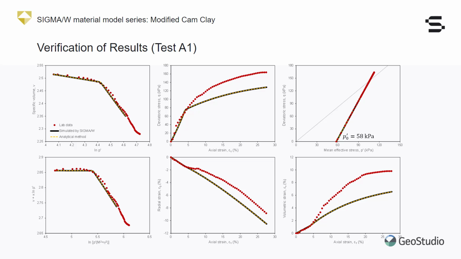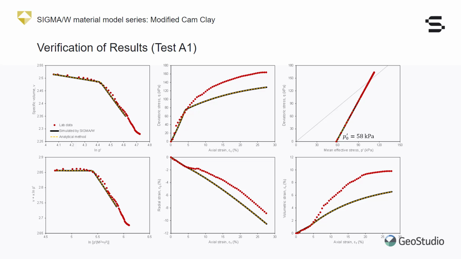Discrete scatter points represent the laboratory results, and the continuous black lines are the SIGMA/W simulation results. Analytical results for the modified Cam-clay model are also shown in these diagrams as orange dashed lines. The full compatibility of the analytical and numerical curves shows the reliability of the implementation process of this material model